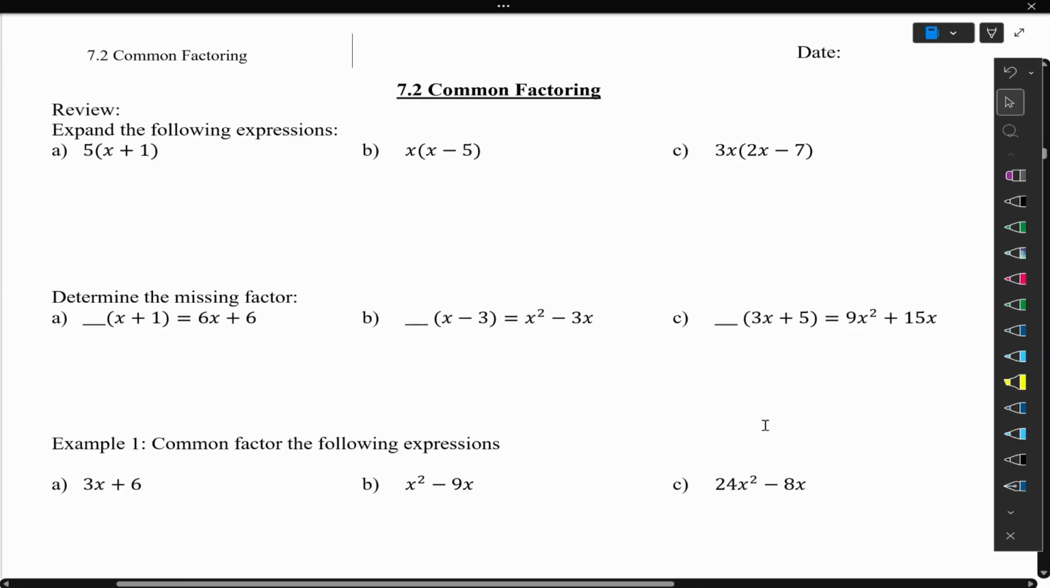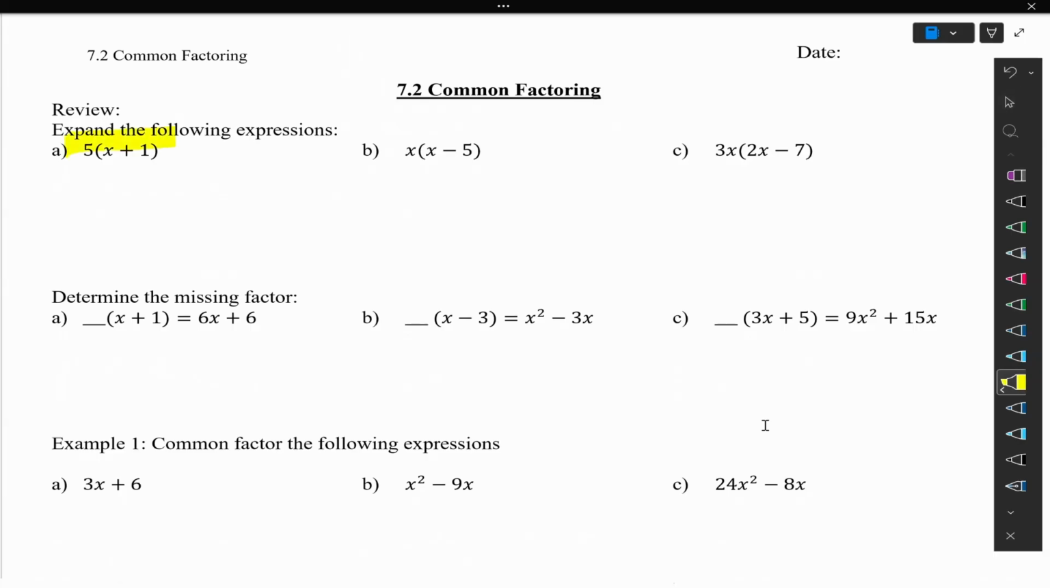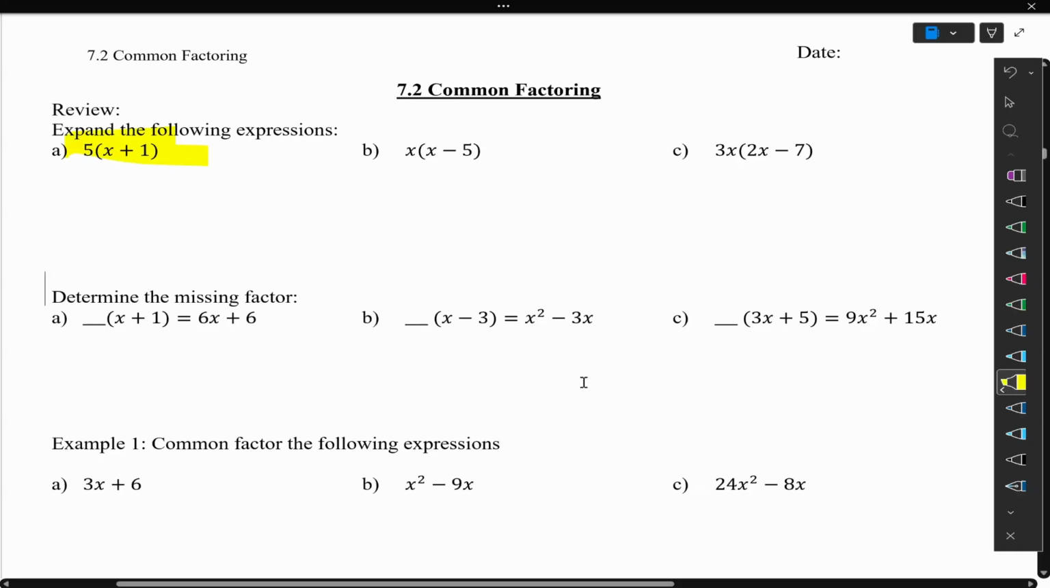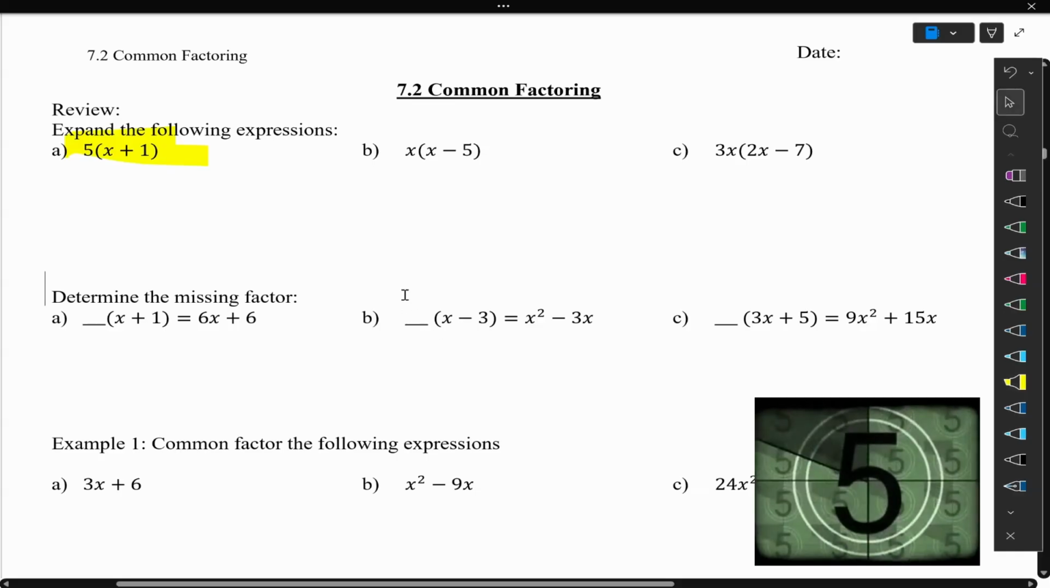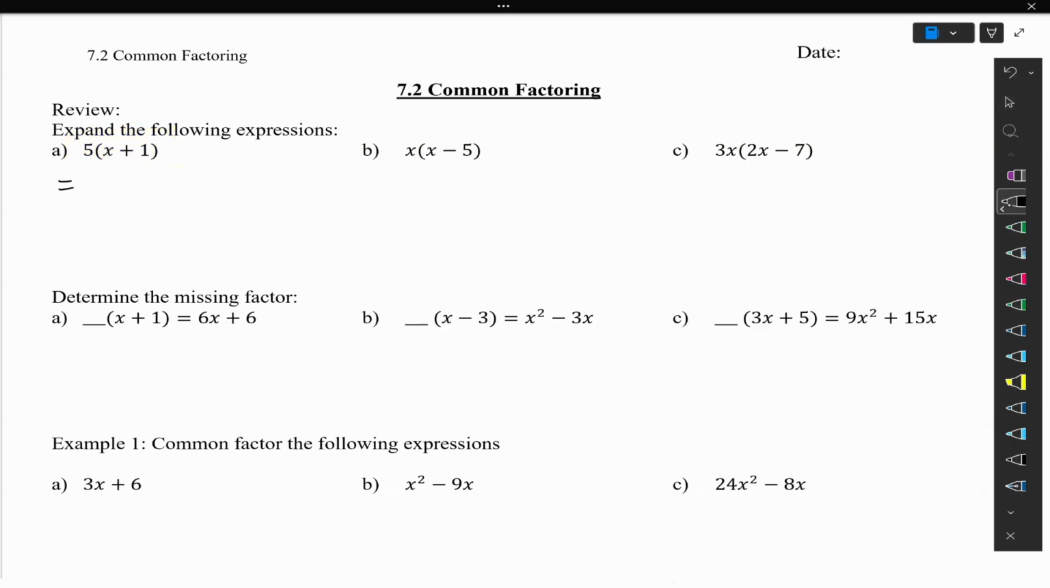Now, jumping into the review, this very first expression, I'll encourage you, pause the video here. I'll ask you to expand this. That is already using our distributive property. Pause the video here and then come back to see what it looks like. Good, so we end up with 5x plus 5,